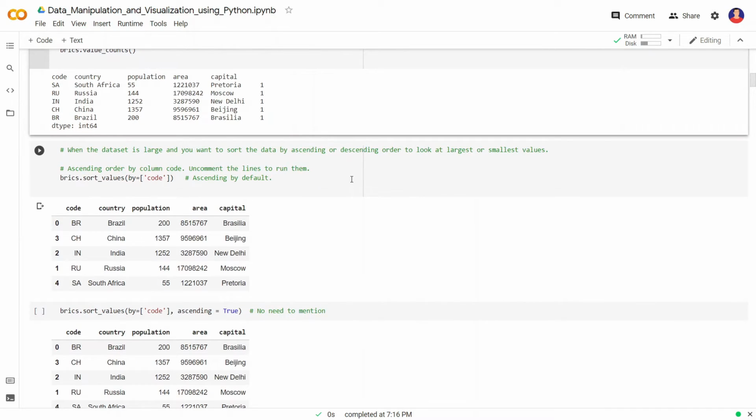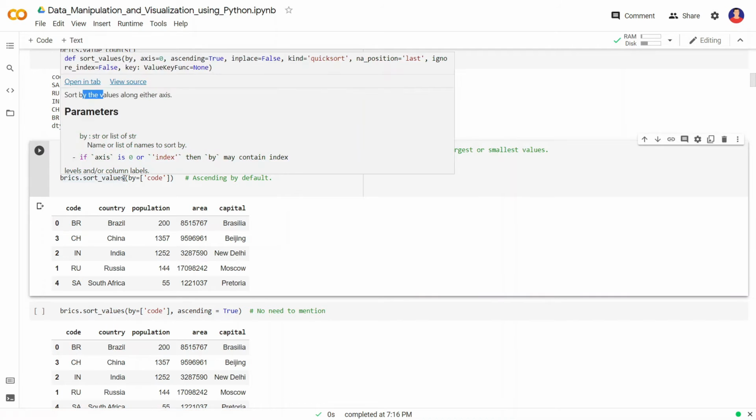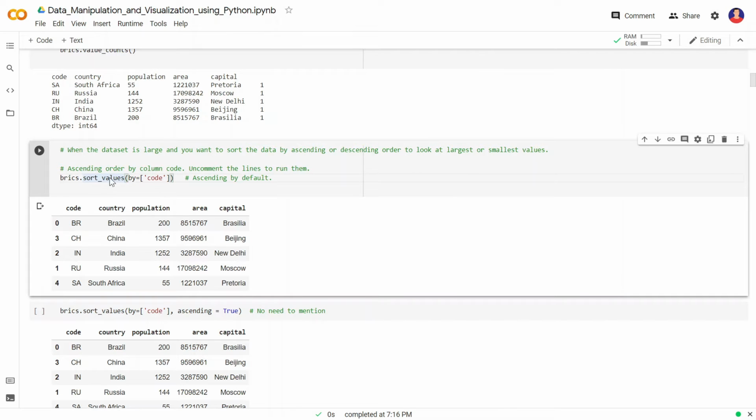When the data set is very large, we want to sort it in ascending or descending order as per our need. By default, the sort values function helps us to do it. In case nothing is mentioned about the sorting order, ascending or descending, it takes ascending by default.